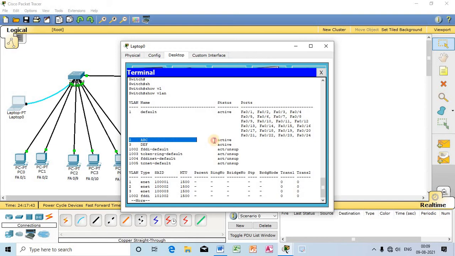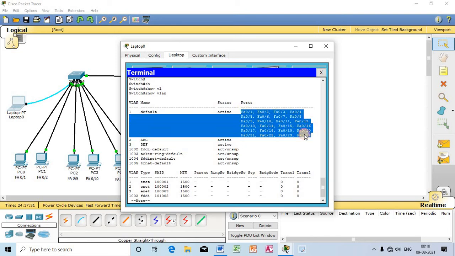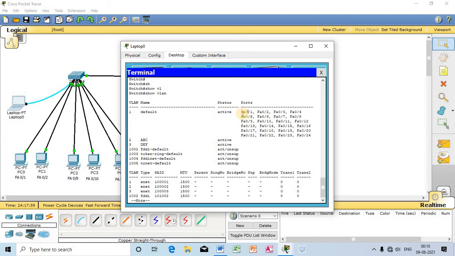VLAN 2 name ABC active, VLAN 3 name DEF active, but all those 24 ports are now belonging to the default VLAN. So now I will slowly move some of these ports, and I will shift those ports to these two VLANs which I have created just now.